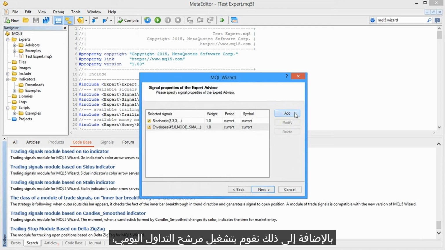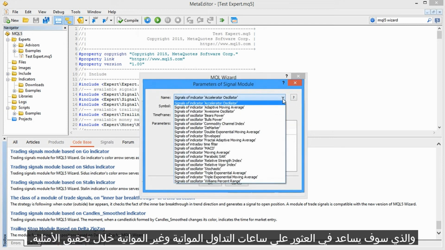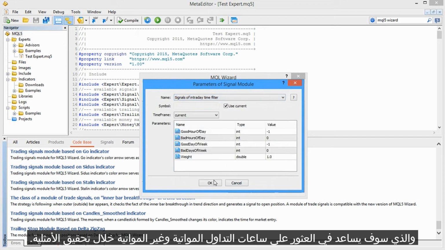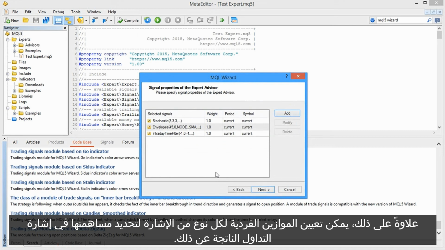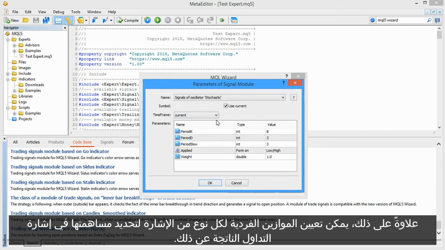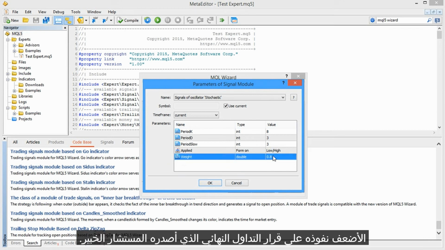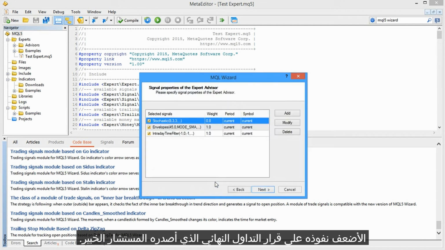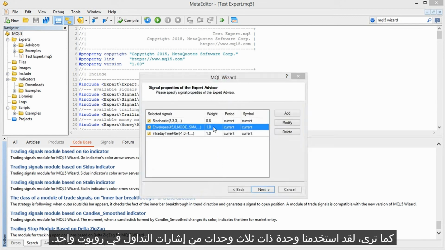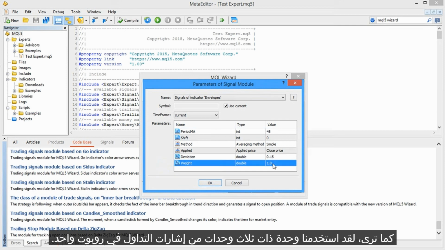Additionally, we turn on the intraday filter, which will help find favorable and unfavorable trading hours during optimization. Furthermore, individual weights can be set for each type of signal to define their contribution to the resulting trading signal. The closer the weight of a module to 0, the weaker its influence on the final trading decision made by the expert advisor. As you can see, we have used a unit with 3 modules of trading signals in one